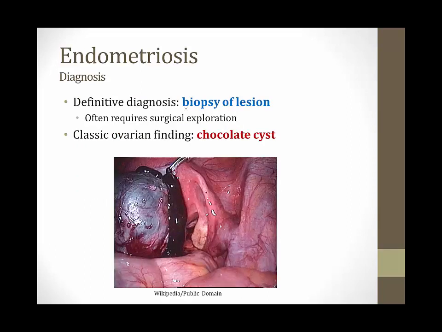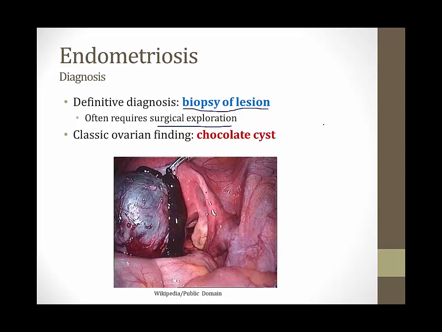The definitive diagnosis requires biopsy of a lesion and demonstration of endometrial tissue outside of the uterus. This often requires surgical exploration, which is often done laparoscopically. This type of surgery involves inserting a camera called a laparoscope into the abdomen to examine the abdomen and pelvis for presence of endometrial tissues. When this is done, if there is